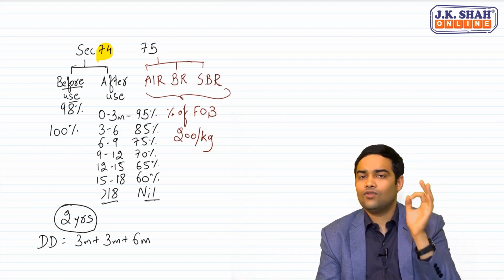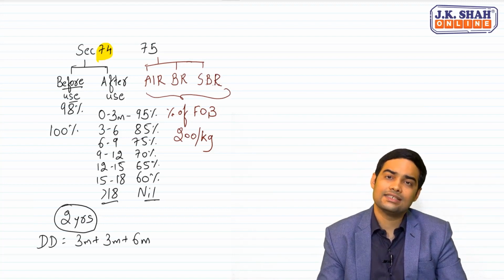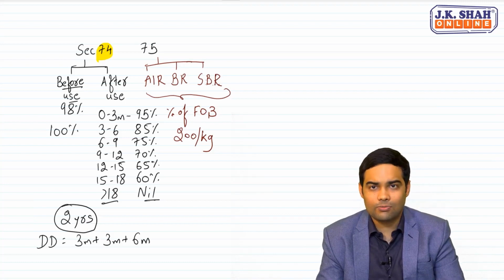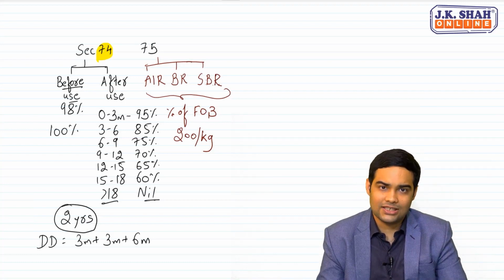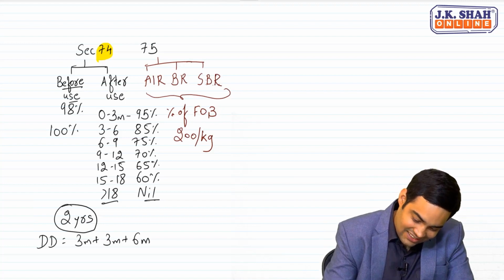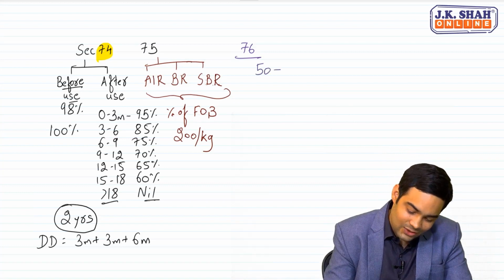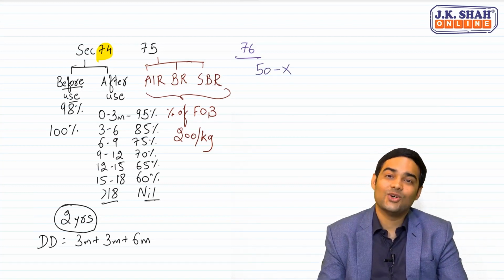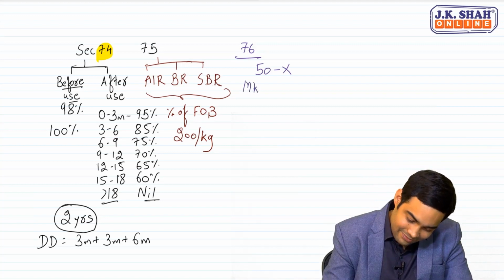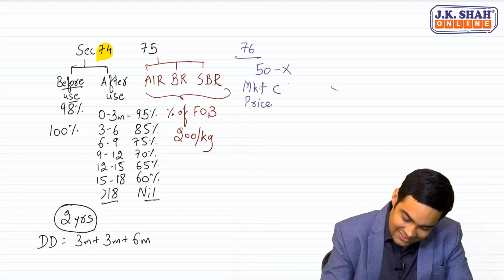So section 74, same product. Section 75, manufactured and then you have exported it. In such cases, you will get all industry rate, or you can apply for a brand rate, or you can also go for special brand rate. Now, are there some conditions? The obvious answer is yes, there are some conditions. Section 76 first provides for two conditions. Less than 50 rupees, no drawback. Plus, no drawback in case market price of the product is less than the duty drawback.